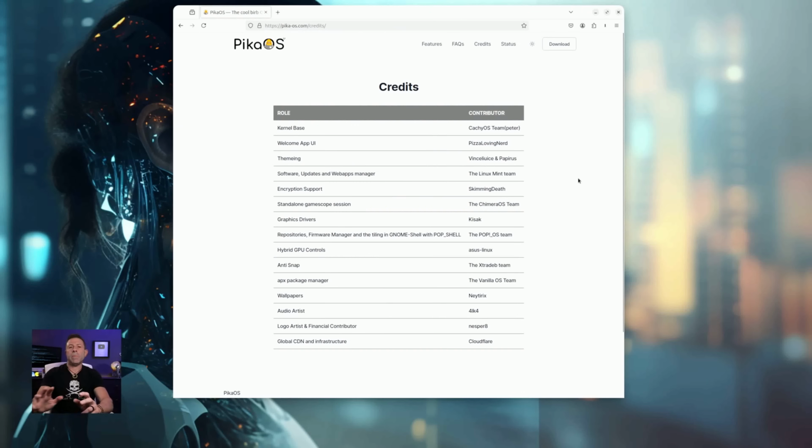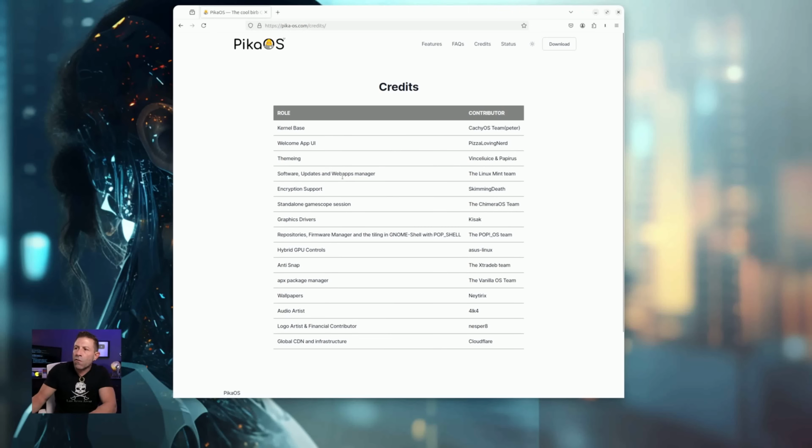I think this is interesting because it gives you an idea of what is going on with this PikaOS. And as you can see here in the credits, we see the kernel base is PikOS, and it gives the team, and it says Peter here. Interesting. PikOS base, that's a kernel base. Now PikOS, like I said before, is Arch Linux. So we have Arch. Now we know we also have Ubuntu, and we also have Fedora because they're incorporating some things from Nobara 40, which is Fedora. So now we have like the Holy Trinity all baked into one.